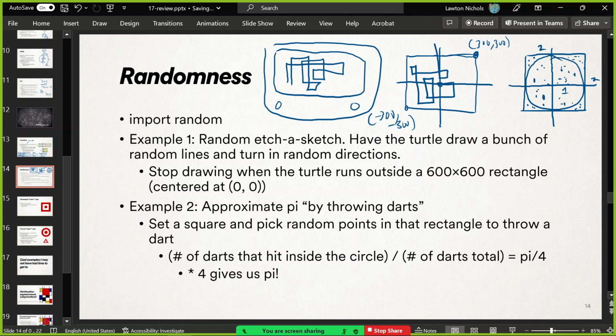And if it was random, what's the ratio of things inside the circle to outside the circle? It involves the areas of those things. Right here is the circle, it has some area. Here's the outside parts, it has some area. That's smaller, of course. That's the idea. So the ratio of the number of darts that hit inside the circle to the number of darts that you threw total is going to end up being the same as the ratio of the area of the circle versus the area of the whole darn thing. That makes sense? Because it's random. It could lie anywhere. It's just a bigger spot, and that's how it's going to work. So what's the area of this circle?